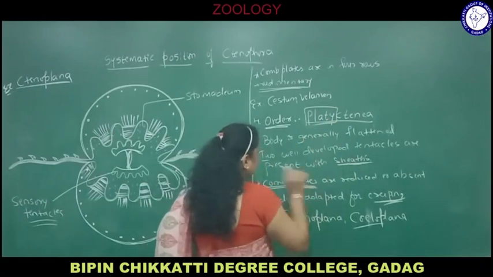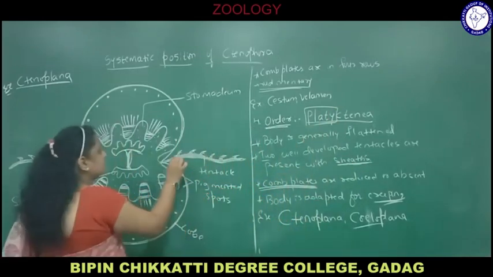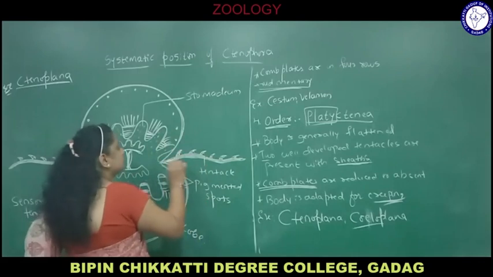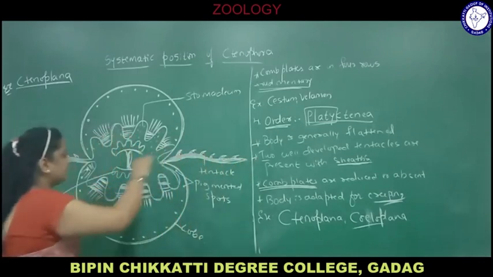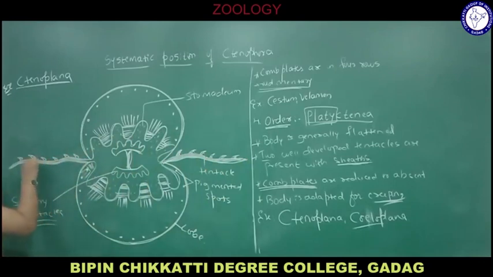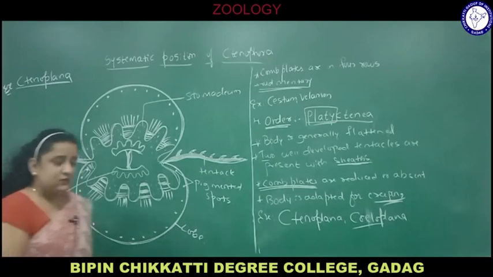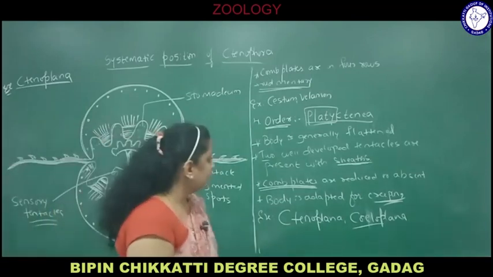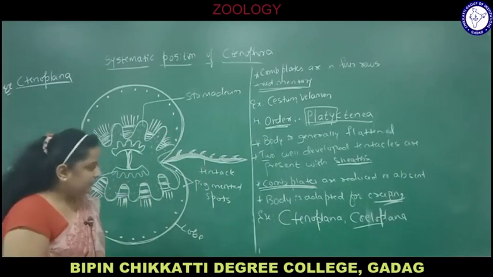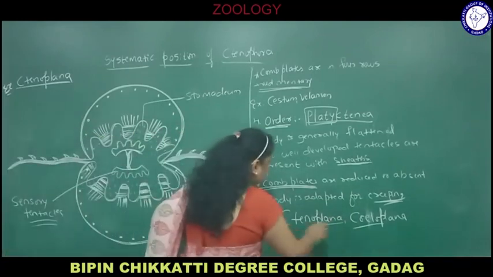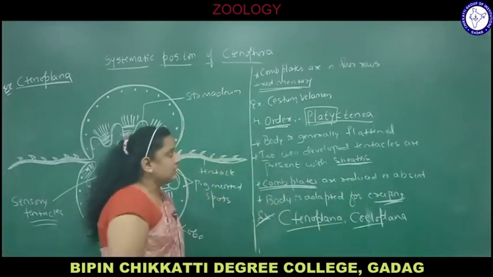Comb plates are reduced here. So you can see 2 tentacles, they are having this sheath. This covering is called the sheath. This is one tentacle, and this is the other tentacle. Comb plates are reduced here, as in comb jellies, sea walnuts, where comb plates are present for locomotion, but here tentacles are present. Body is adapted for creeping. Example, Ctenoplana. So the 4 orders under class Tentaculata are completed.